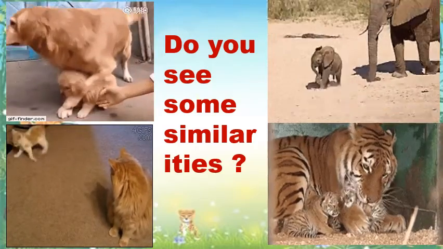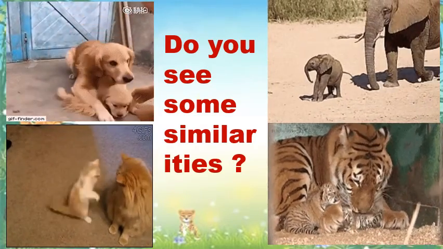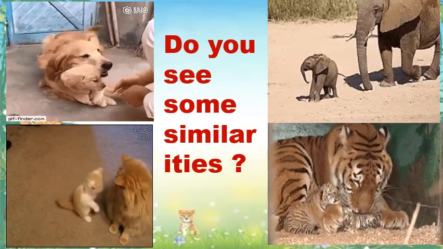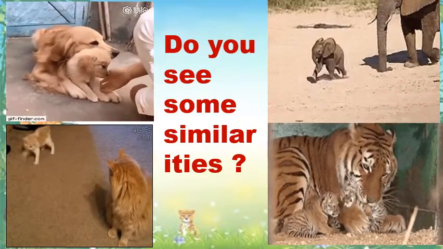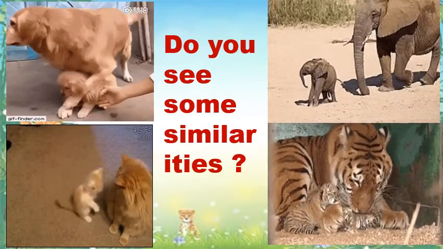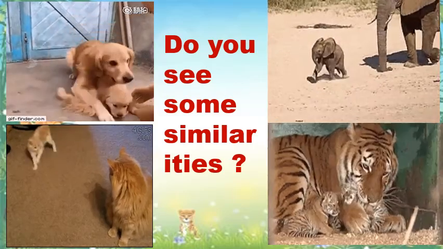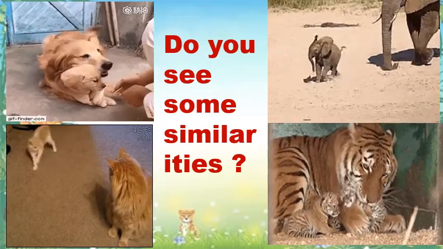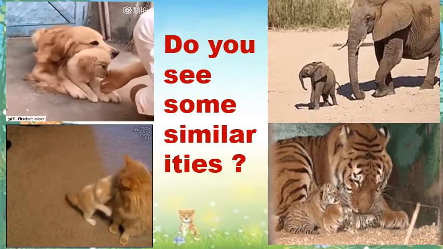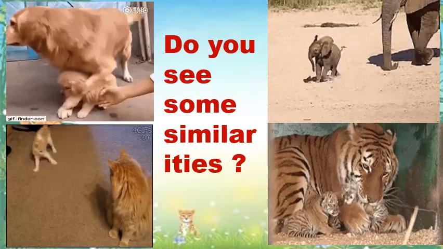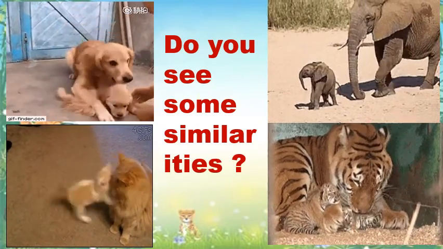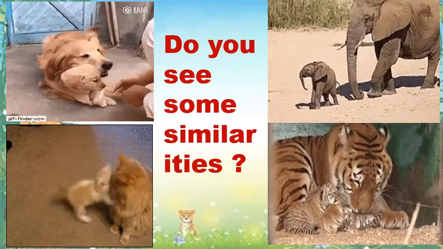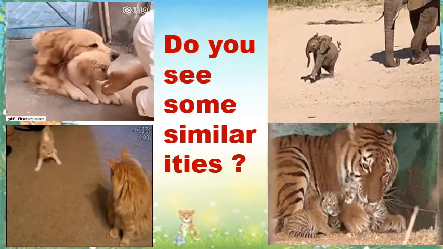For example, the puppy and the mother dog, we will observe that puppy has 2 ears, mother also has 2 ears, puppy has 4 legs, mother too has 4 legs, puppy has a tail, mother too has a tail, 2 eyes, nose, etc. Right? Means there are so many similarities we can see between the mother and its child. Okay?